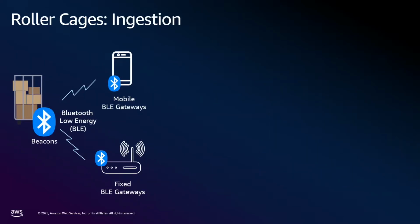So let's look at the ingestion of the roller cage. Roller cages actually use a dual ingestion path. Because beacons use Bluetooth Low Energy to communicate, they installed across and throughout the fulfillment center a number of fixed BLE gateways that are receiving the signal from the roller cages. But also, to extend the coverage, PostNL is also using the mobile phones of the operators as mobile gateways. So effectively, the signals coming from the beacons are received both by the fixed gateways and the mobile phones